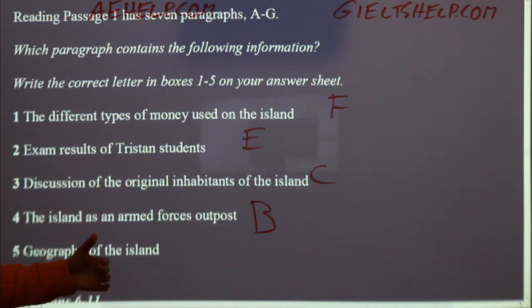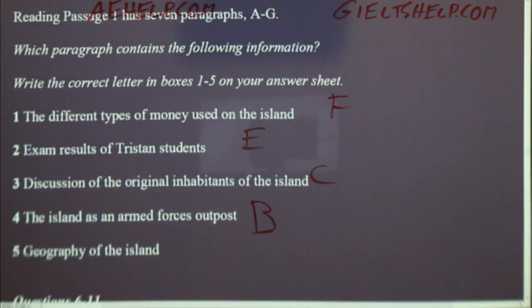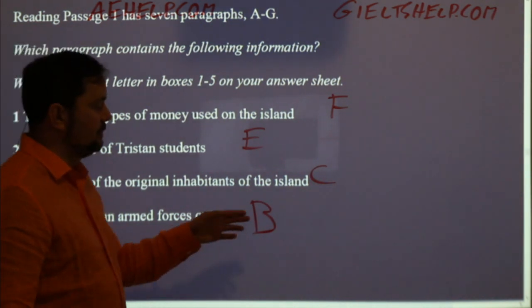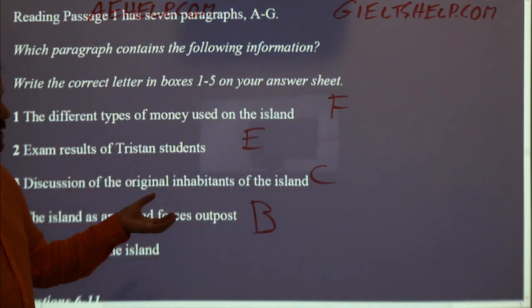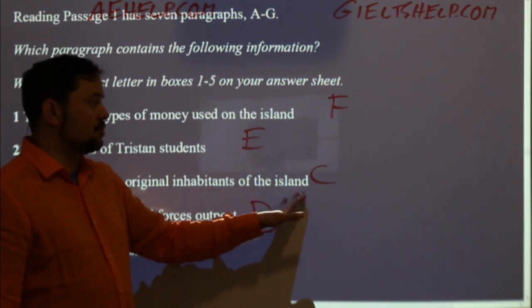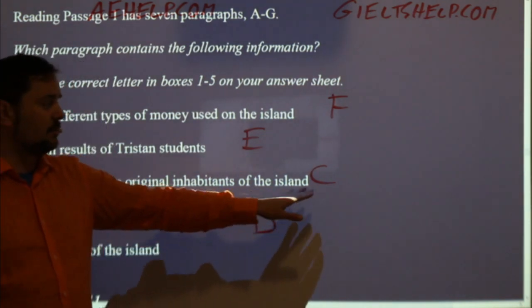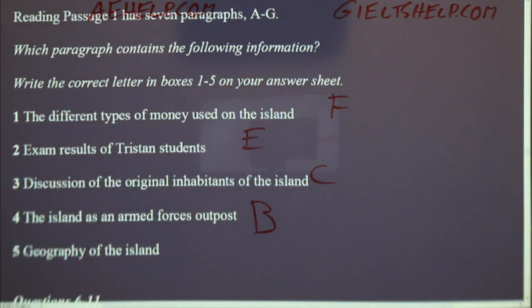It's very quick to check when you have a good idea of pretty much where it is, okay? The only time you're in trouble is if you have no idea. The only time you're in trouble with these questions is if you're not practicing your comprehension. And for this one, for example, you think it's G, well, then you're going to be in trouble because it's going to take you some time to figure out that the information is in C, okay? All right, the geography of the island